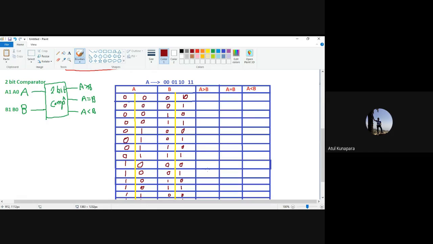Likewise, for all four possibilities of A, you have four possibilities to check with B, and that's why 4 into 4, you can have a total of 16 possibilities, right? Now for all these 16 possibilities, you need to find out your output condition. So let us say first for the condition when A equals 0 0 and B is also 0 0, in that case your output condition will be A equal to B, and the other two are both going to be 0,